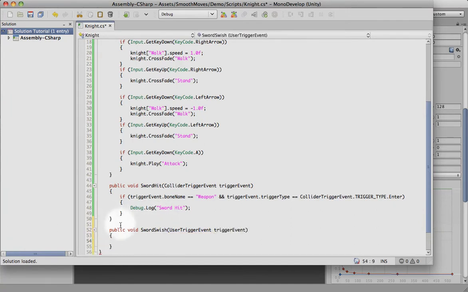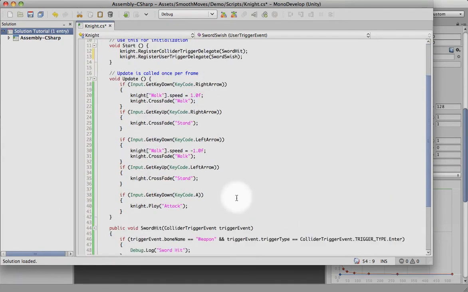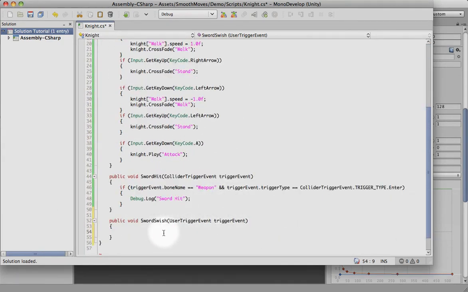So we call a sword swish function. The parameter is user trigger event, and we're giving that the variable name trigger event. So we've registered it here. So whenever user trigger fires, it's going to call this function. So this is where we filter down because it's going to capture, like I said, all user triggers. So if trigger,